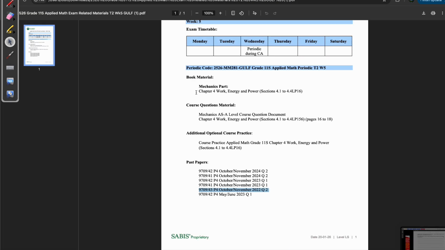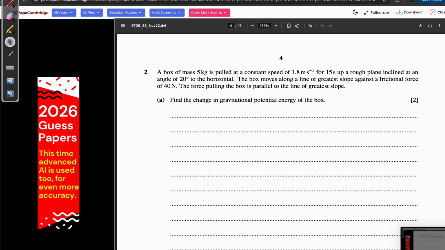I'm going to be doing paper 4 version 3, October-November 2022, question 2. A box of mass 5 kilograms is pulled at a constant speed of 1.8 meters per second for 1.5 seconds up a rough plane inclined at an angle of 20 degrees to the horizontal. The box moves along a line of the greatest slope against a frictional force of 40 newtons. The force pulling the box is parallel to the line of the greatest slope. So what we are going to do here,